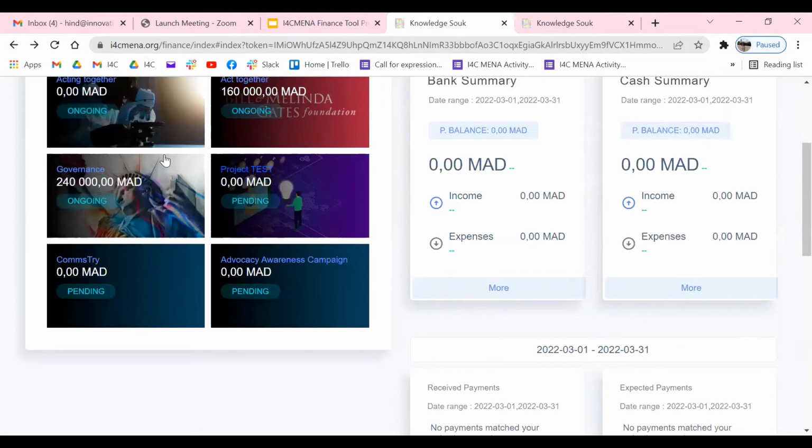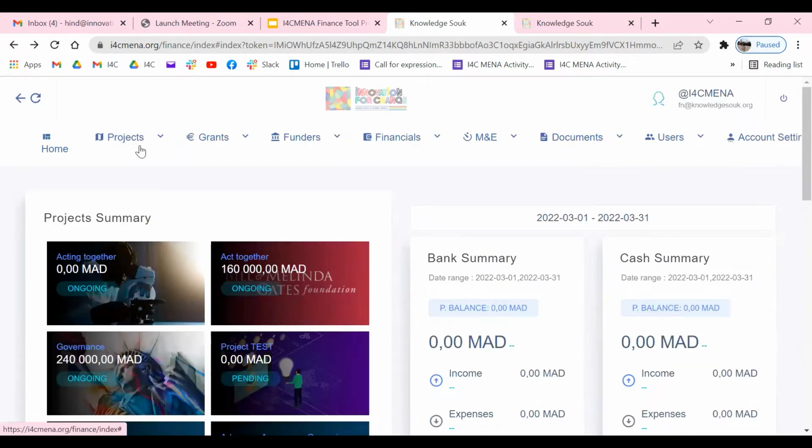If you are using the tool for the first time, you have to follow a certain number of steps. The first one consists of recording the information relating to the project, then the funders, and later on the grants.